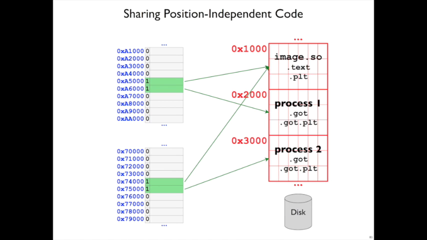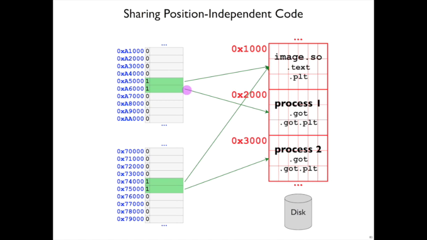If you remember how position-independent code works, then this image.so might call some other functions that are provided by different libraries or at different locations in these two different processes. And remember, it does that because image.so refers to a global offset table, which is at a particular relative address, but that's a relative virtual address. So in this case, for process 1, the linkage of that shared library can be described one way, while it's described in another way for process 2. Those different descriptions have to be in different places in physical memory, but they can be at the very next